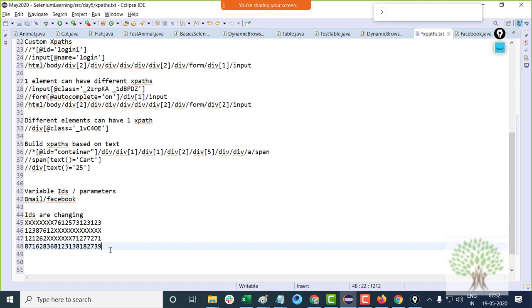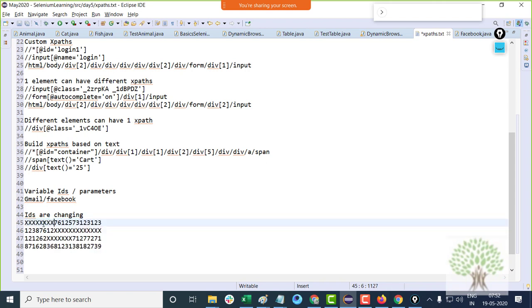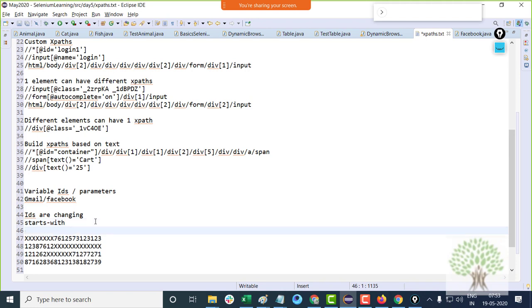So these are the 4 ways in which generally the patterns appear. Sometimes the initial part is constant, sometimes the ending part is constant, sometimes the middle part is constant, and sometimes nothing is constant. Okay, to manage this, there are 2 JavaScript functions which we use: starts-with and contains.